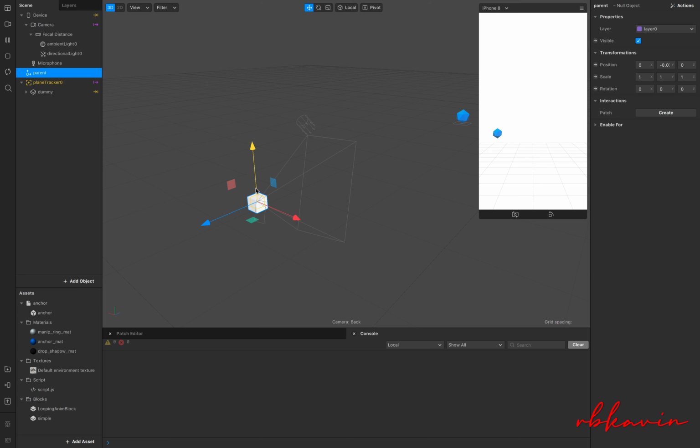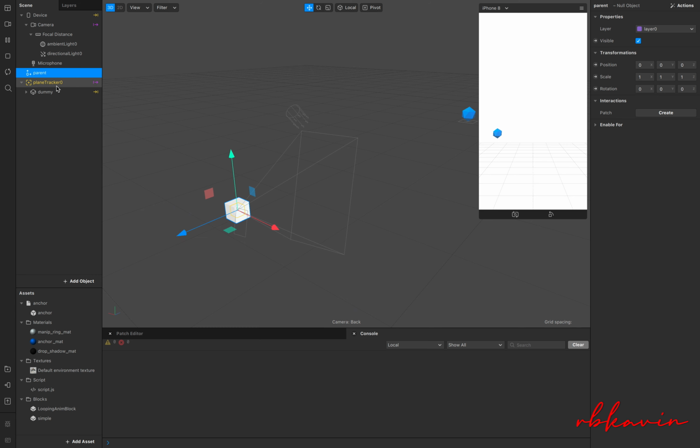So for example, if I move the parent wherever I want, like if I make it -1, you can see it's moved down because this is under the parent. So I can type whatever value I want. As this is under the world object, world transform property, the point where it is now is considered the origin point, that is 000. So that's why it is spawning over here.